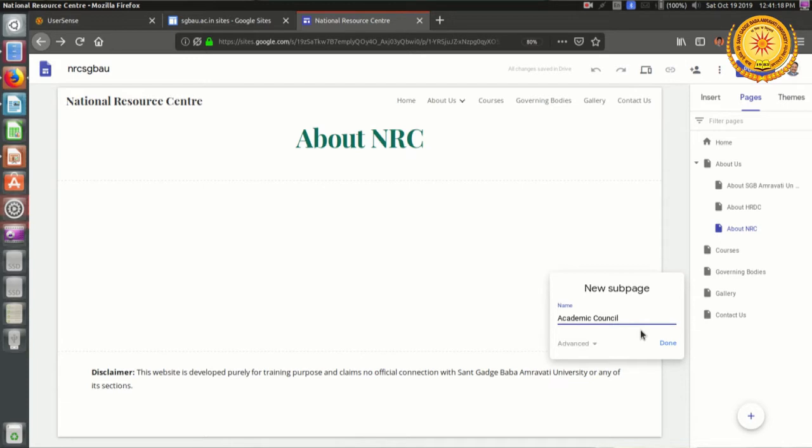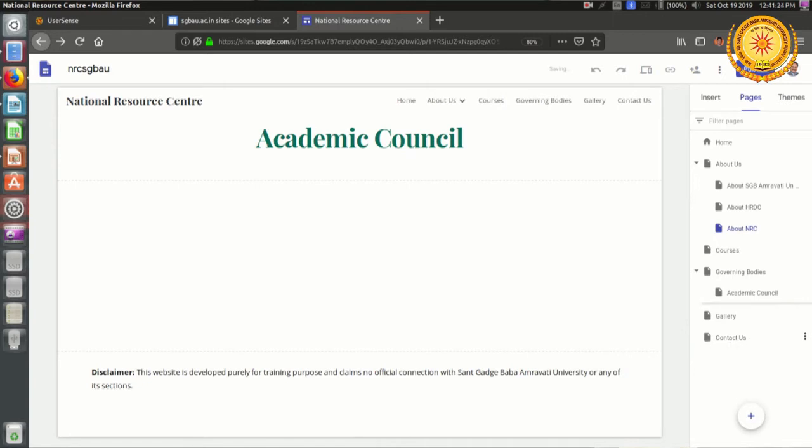This is the most important body or committee that governs the functioning of the NRC, Academic Council. I will add one more page, that is for Academic Advisory Committee.